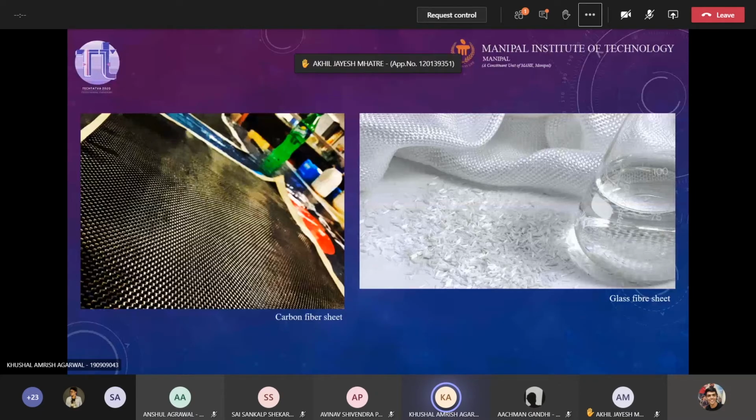Next comes the reusability of the rocket. Now, say you want to just use the rocket for just one fun purpose, just a single use rocket. So you can use PVC or something, which need not be reused later in a second flight. But if you need to have a reusable rocket, then using composites such as carbon fiber and glass fiber is very important. Now, the last important factor while doing material selection is the cost of the materials. Now, every rocket which is built by a team or an organization will have a budget to it.